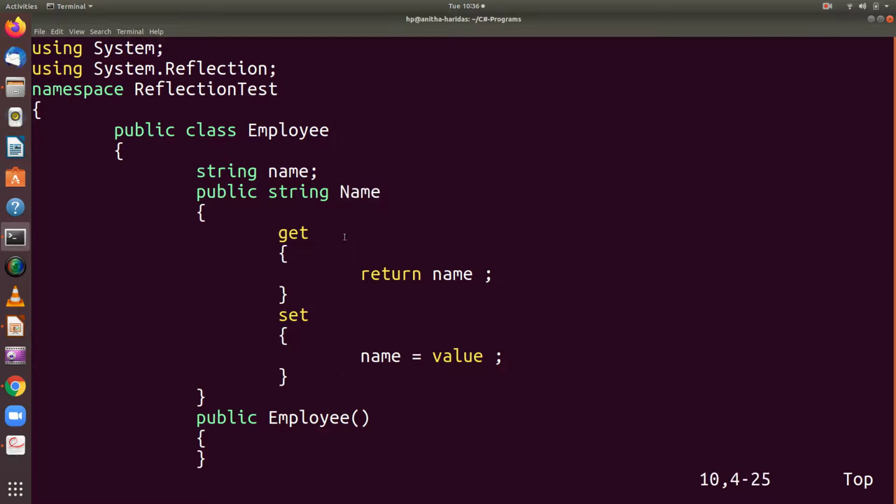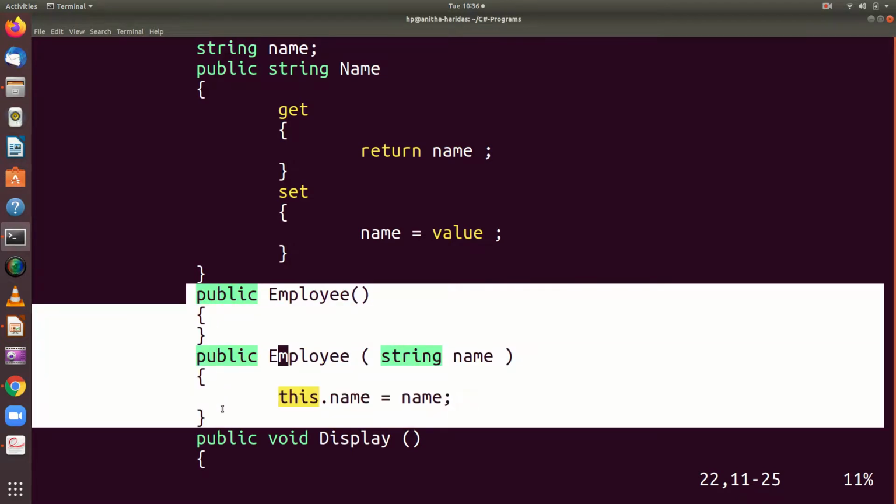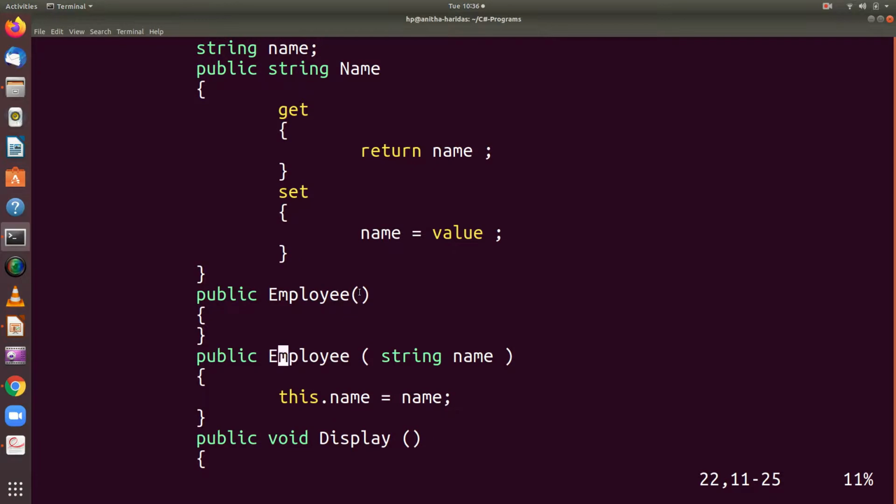Then after defining a property, I am defining the constructors for my class. You can observe here I have a default constructor overloaded here.